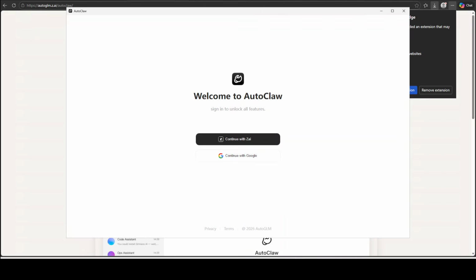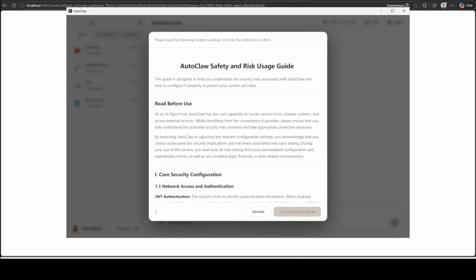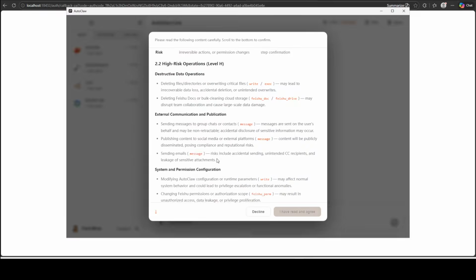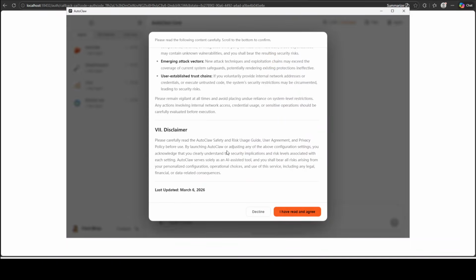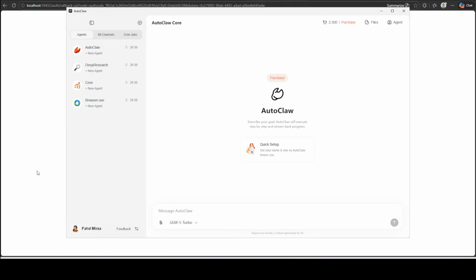Now you can either continue with z.ai or with Google account. You would have to log in in order to unlock all features. So let me log in. And the first time when this logs in, it also gives you this security notice and all that stuff. You just have to scroll down. Also, it might install an extension in your browser. It's up to you whether you want to go with it or not. So I'm just going to read and agree, and you can see that I am now logged in to this